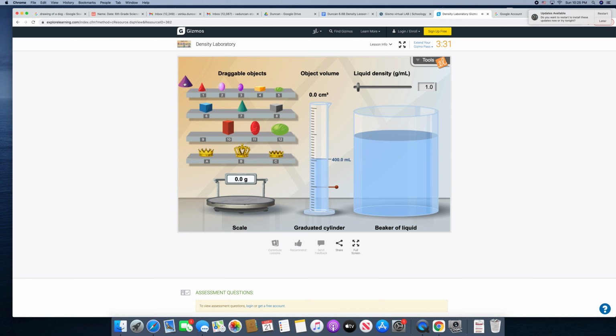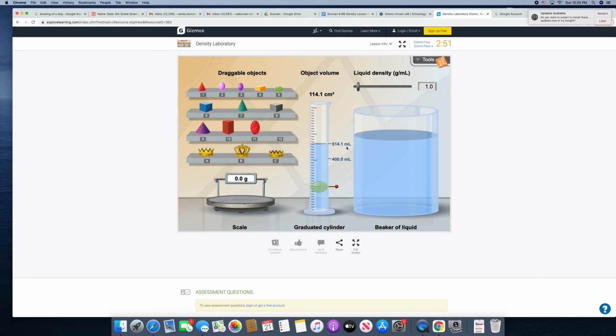Let's do another object. We're going to have this, looks like a cabbage bowl. We're going to place it on our scale and we see that it's 104.3 grams. Now this is an irregular shape, so we're going to go ahead and drop it inside of our beaker, which originated at 400 milliliters. Now we dropped in our cabbage shaped ball and it went up to 514.1 milliliters. So that means the water went up a total of